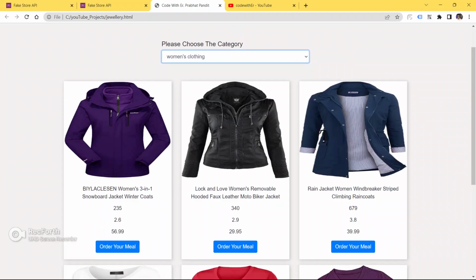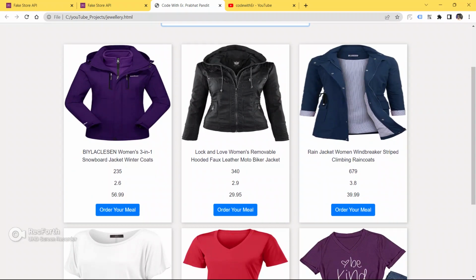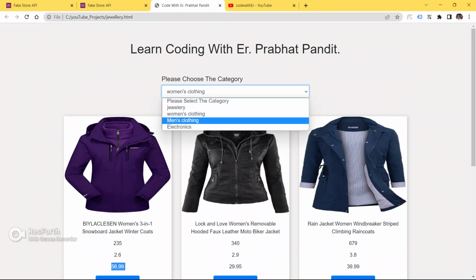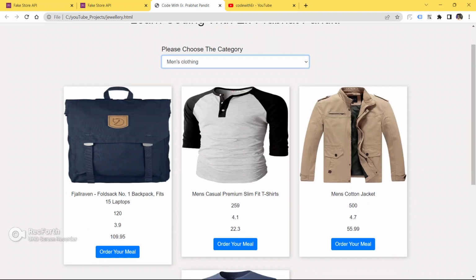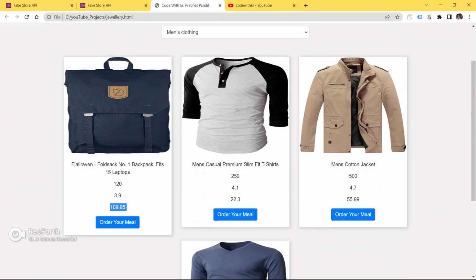Women's clothing, see, in women's clothing we have this much of products. This is the title, this is the in store value, this is the ratings and this is the price. In the women's clothing category we have got 6 products. Now select the other category, men's clothing. See, in men's clothing we have this much of products. This is the title, the in store value, the ratings and the price. Now select the other category also,